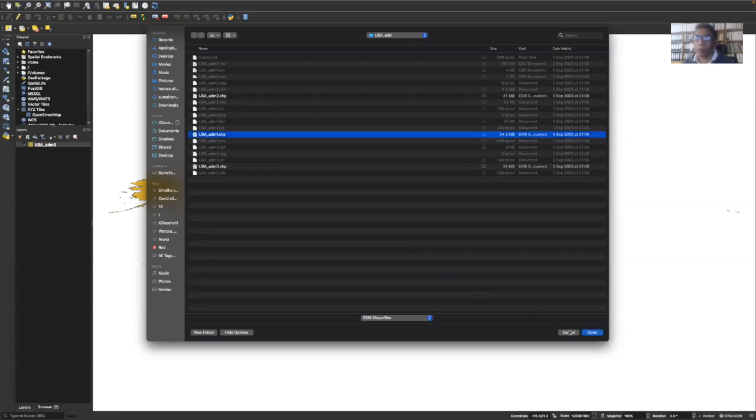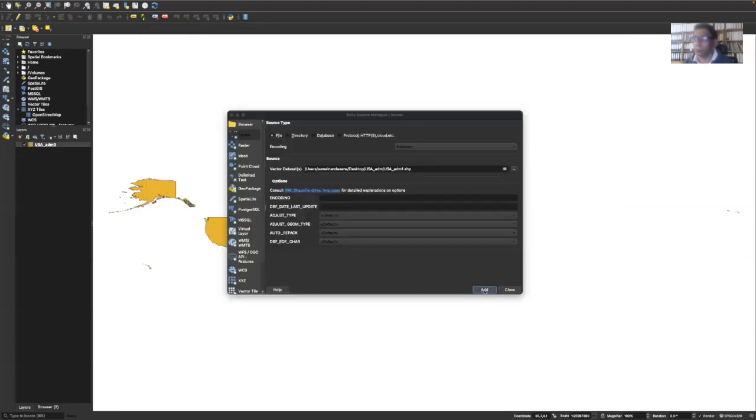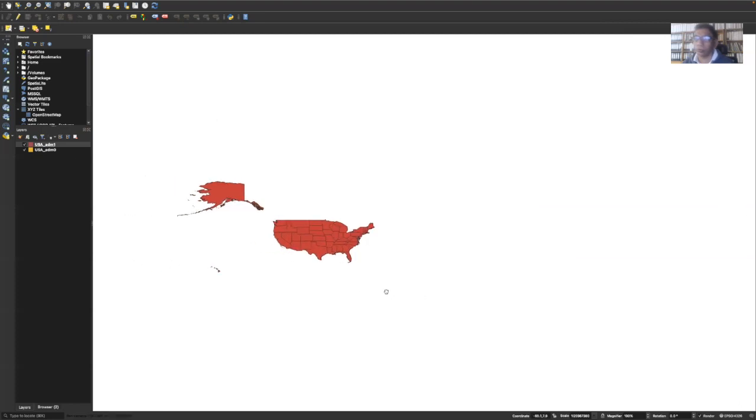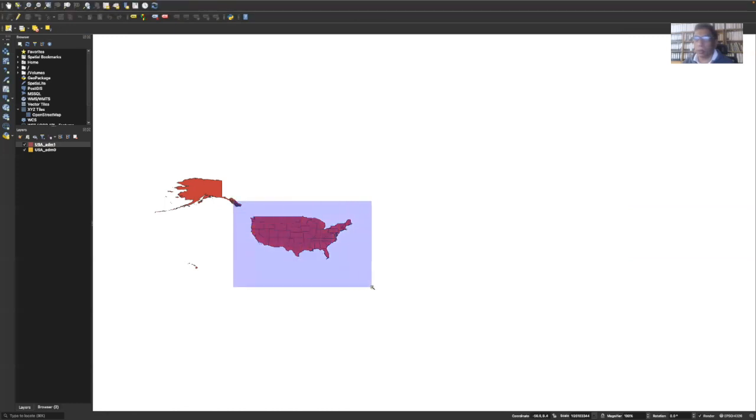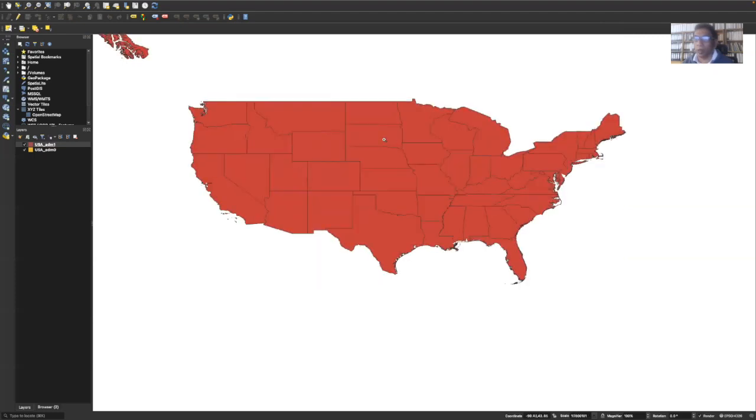USA admin 1. It looks like the United States is divided into several administrative areas. Let me zoom in. It looks like that's divided into several areas. If someone is familiar with the United States administrative structure, this looks to me like the states of the United States. But anyway, if you are not familiar with it, you can